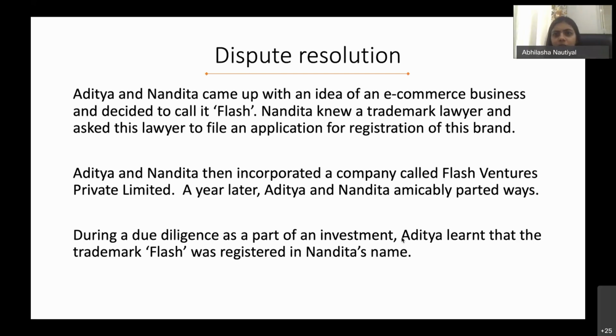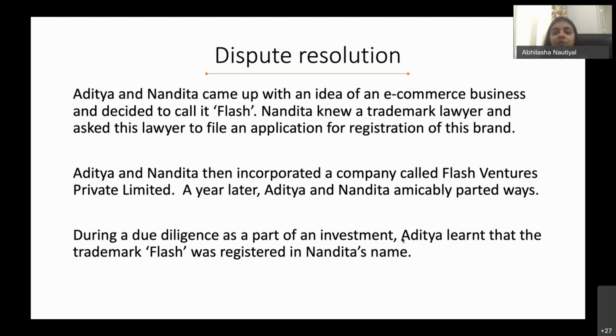What if the negotiation does not work out? What if the negotiation fails? Then what do you do? So the company can actually file its own trademark application, and like someone just commented, you prove how the mark was adopted. You show that both of them together adopted the mark, and Nandita is not the only owner, or she's not the owner of the mark. The mark belongs to the company. So you can file your own application, in which you can argue all of this, and at the same time you can file a cancellation against Nandita's registration